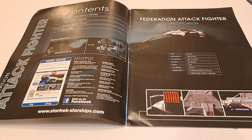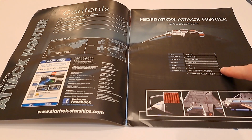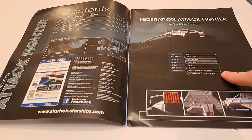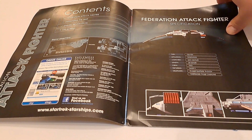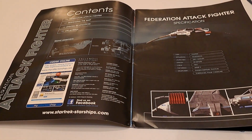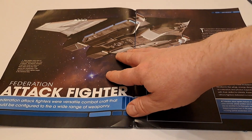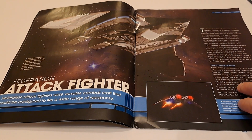But I mean, they do seem to be made of glass, mind you. So it's got phaser emitters, photon torpedoes, and pulse cannons, apparently, which would be similar to what the Defiant uses. Top speed warp 9. I think they might be over-egging this slightly. But okay, if you say so. I suspect if it is warp 9, it's not warp 9 for very long. I mean, it is a small ship, so maybe you could go that far and that fast. I don't know, but